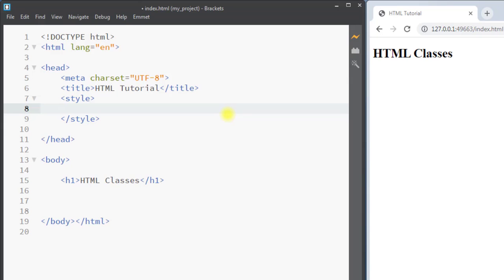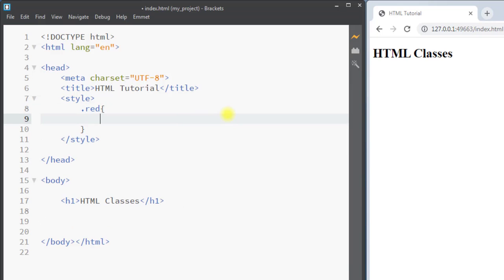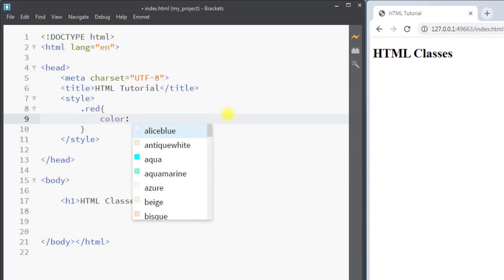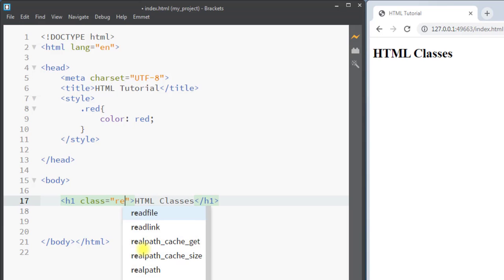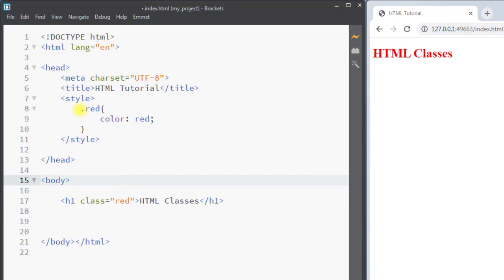So inside the style tag we're going to create the class called red, and wherever we use that class we want the font color to be red. Now we can use that class red inside an HTML element. All we have to write is class and then the name of the class, red. So we are applying the CSS class red to the h1 element,